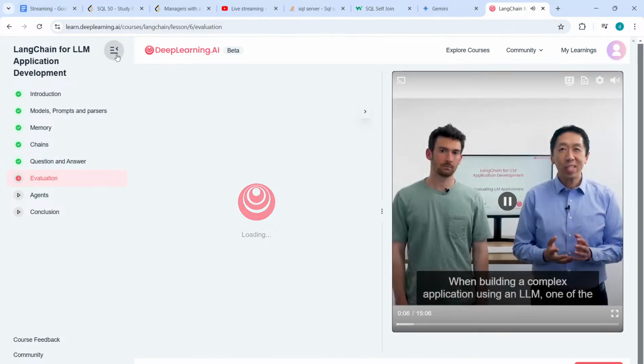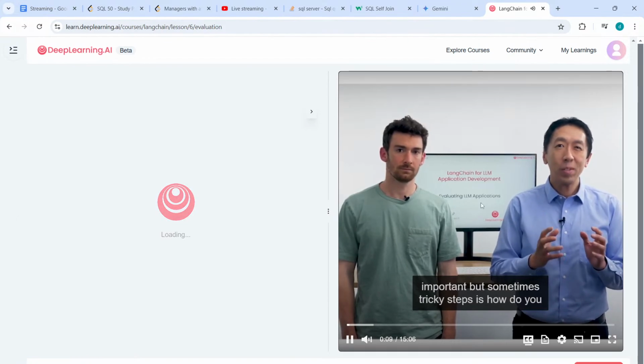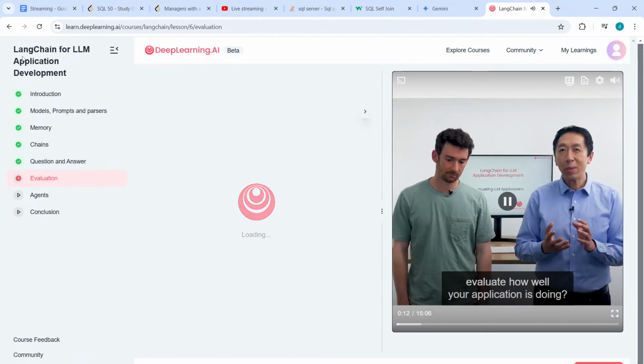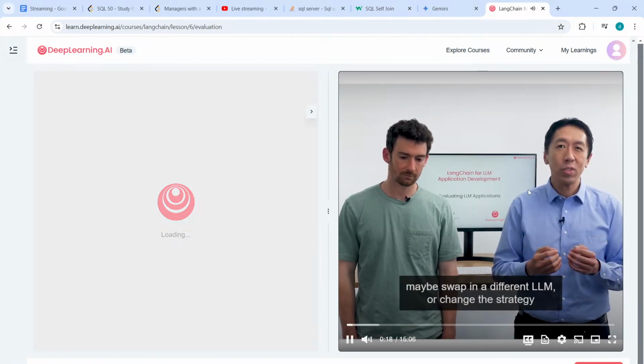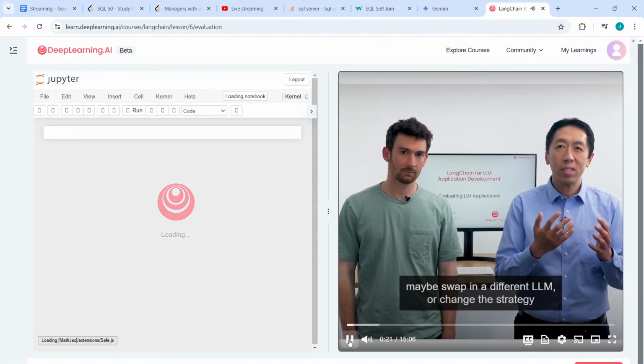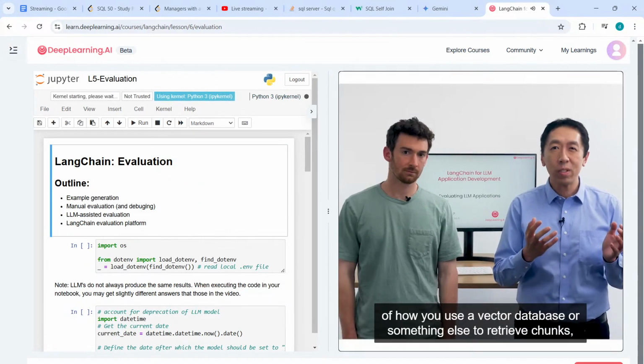When building a complex application using an LLM, one of the important but sometimes tricky steps is how do you evaluate how well your application is doing? Is it meeting some accuracy criteria? And also, if you decide to change your implementation, maybe swap in a different LLM or change the strategy of how you use a vector database or something else,